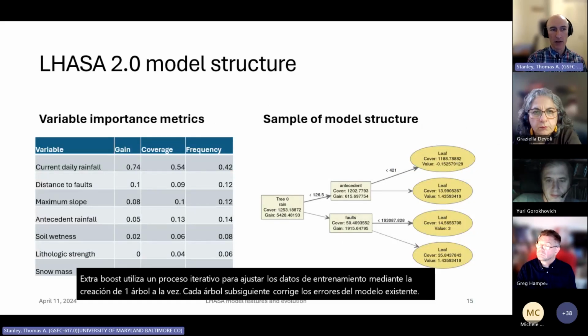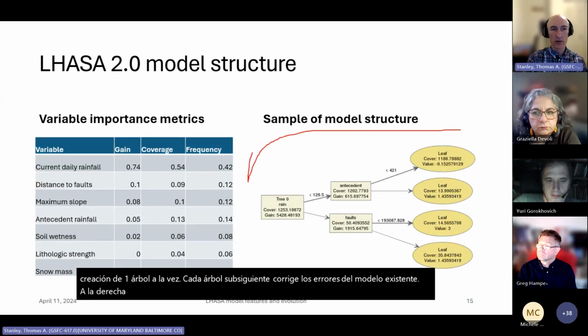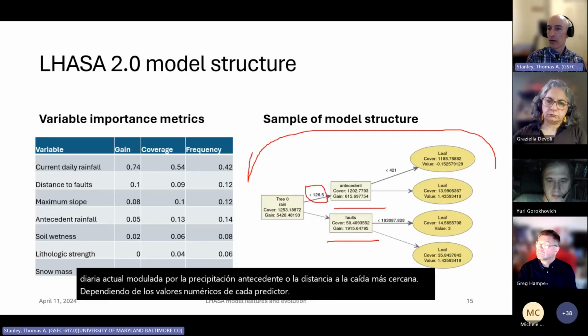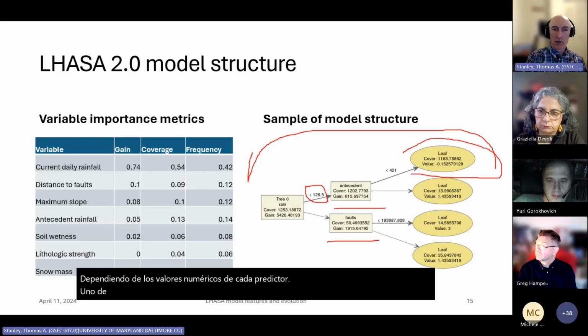On the right is an example of one tree created by XGBoost. This shows current daily rainfall modulated by either antecedent rainfall or the distance to the nearest fault. Depending on the numerical values of each predictor, one of the 4 leaf values at right will be returned. Remember that this is just one tree out of 300, so the final output would be only weakly influenced by